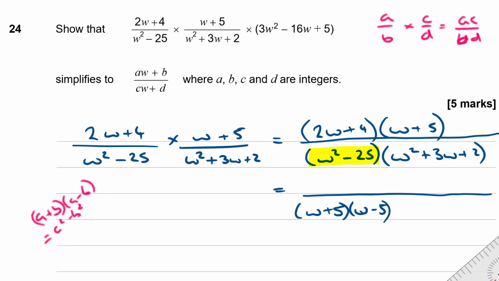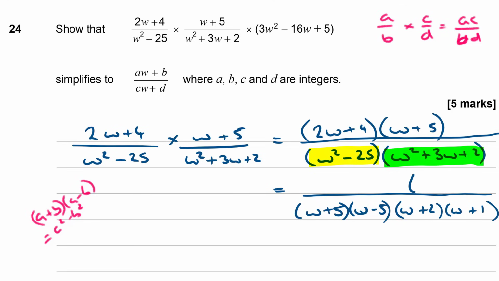The other side of it, this bit here, is a quadratic. Can we factorize it? Does it factorize into 2 brackets? Well, if it did, it'd have a w and a w there. I need 2 numbers that multiply together to give me 2 and add to 3. So w plus 2, w plus 1. And that is over